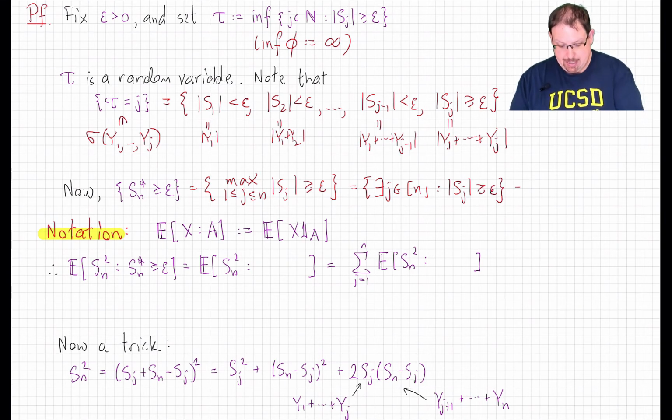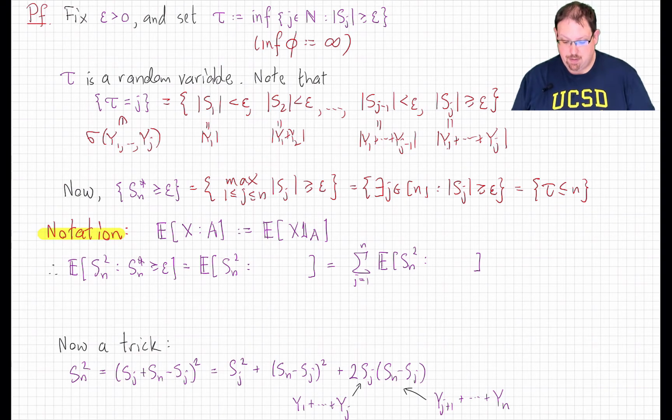But that is exactly to say that the infimal time at which that occurs is less than or equal to n. So, the event that the maximum Sn star is bigger than or equal to epsilon is equal to the event that the time tau is less than or equal to n. Great. Why am I showing you all of this? Because it's going to allow us to prove our estimate in a very quick and clever way.